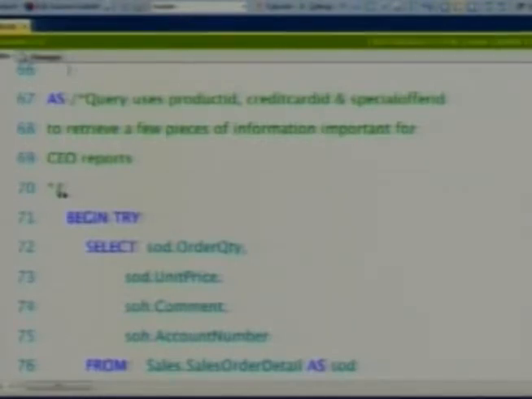So anyway, indent after the initial select with the on clause after the where clause. And so my query, instead of this god-awful mess, would look like this. I made this name up, but sales order detail info by credit card special. Product ID, credit card ID, special offer ID. I know what these parameters are. I've got a query in here that says, hey, this is important information for the CEO. I'm going to tune this. I'm going to tweak it. I'm going to keep an eye on it, right? Because I know it's important.